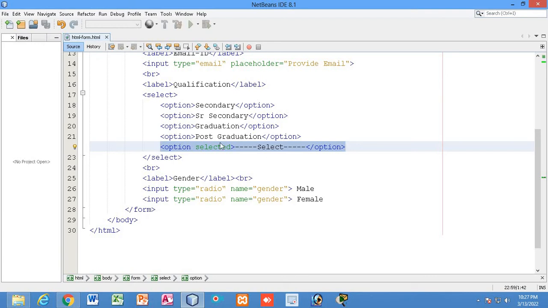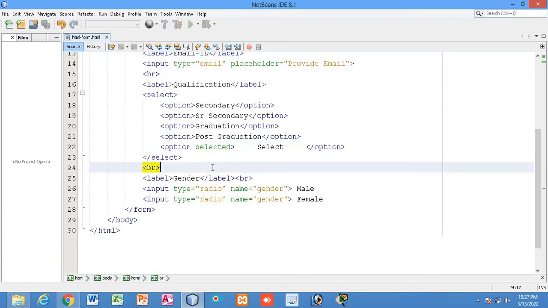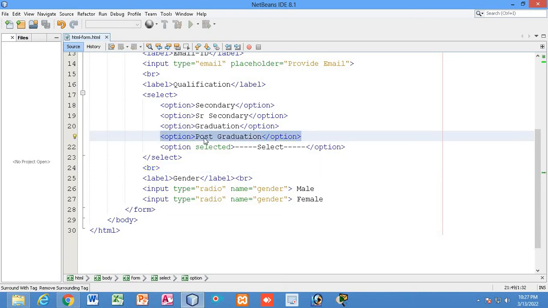Fine. Now let me show you another thing. I will not allow a post-graduation student to register their detail. I don't want any postgraduate student to select this menu. This menu will be available, but the user will not be allowed to select this particular option, that is post graduation. If this kind of requirement arises, where there is an option but you are not allowing the user to select it,